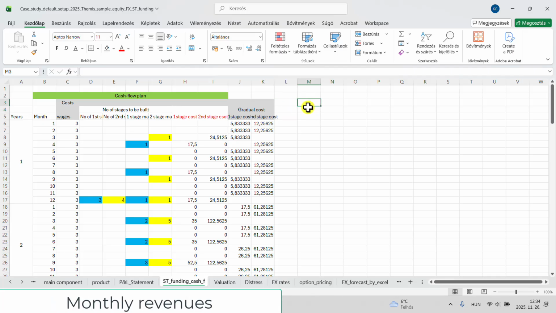Let's put it separately, because there will be other issues later on. So, euro revenues, euro-based revenues. Okay, so we can launch